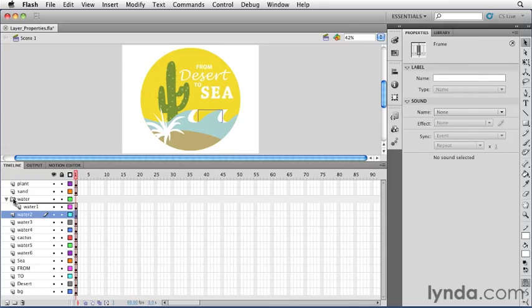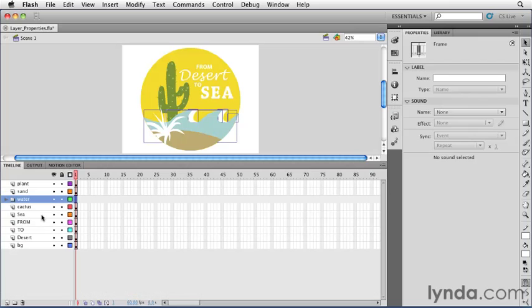folder. Notice that when I click and drag into the water folder, the line showing where I'm going to drop the water indents a little bit. That's showing that it's going to go inside of a layer folder. So notice that the layers that are inside the folder are indented. So I'm putting all those water layers in there. Now my water layer is expanded. You can tell by the down arrow to the left of the folder icon. And you can click that arrow and collapse the water layer so I have all the water inside of that